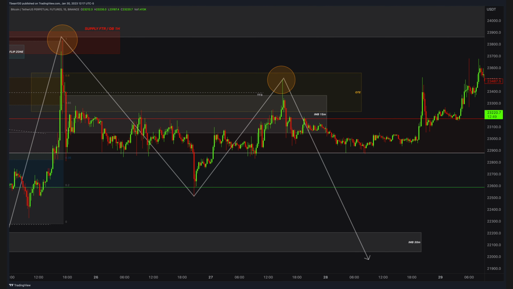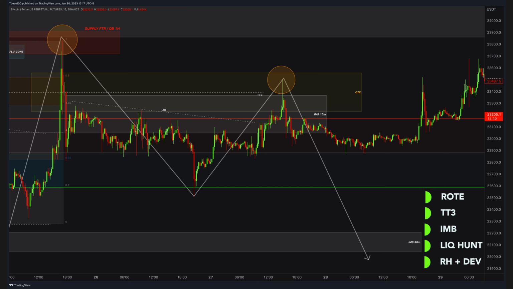Let's zoom in a bit and see it more clearly. What else do we have here? The very significant and giant imbalance which I love. Also this nice internal liquidity is fully swept. For this trade I did not need to go lower than 15 minutes because I had reverse optimal trade entry,